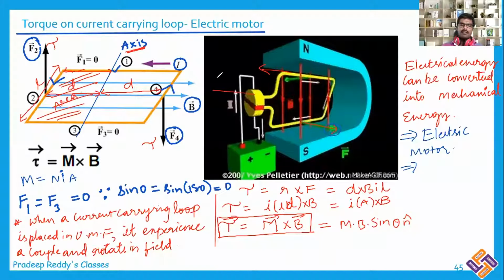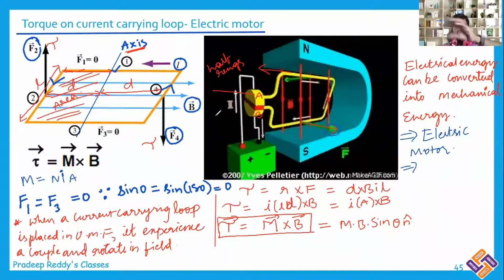And these are called half rings. And see, when the coil is rotated, for every rotation, what is happening? The contact of this ring gets reversed. If I name this as A and this as B, B is connected to the negative terminal and A is connected to the positive terminal in this rotation.